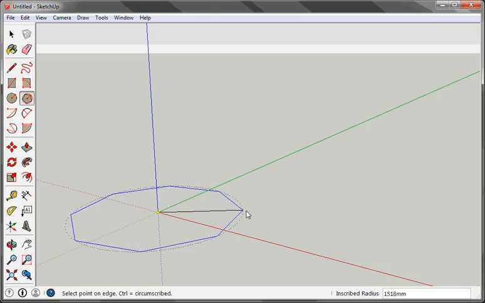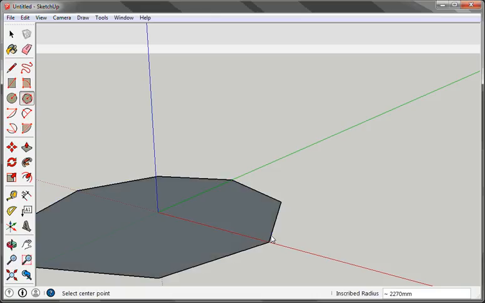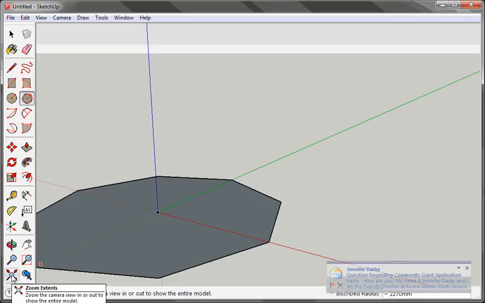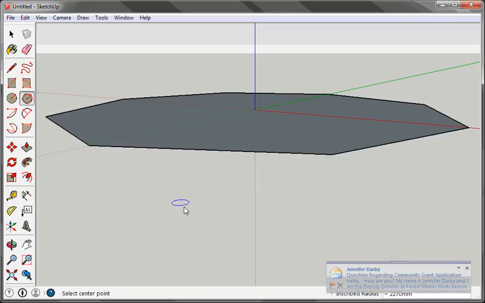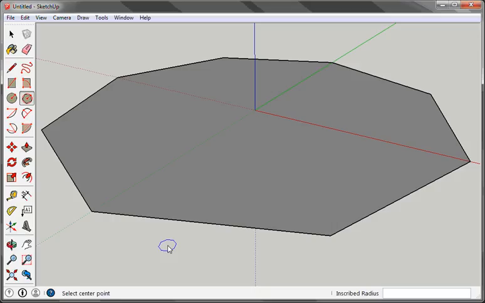Here we're going to draw a simple shape, and we can see that our 8-sided figure is some 2200 millimeters in size. That's not going to matter for us right now, but we also can't see all of our shape, and we could use the pan or the orbit tool, but we're going to use something brand new to snap it right to where we can see the whole shape, and that's called the Zoom Extents tool. It looks like the magnifying glass with the 3 arrows in the bottom. Here we can see the entirety of our shape, and we're going to add a couple of features to our